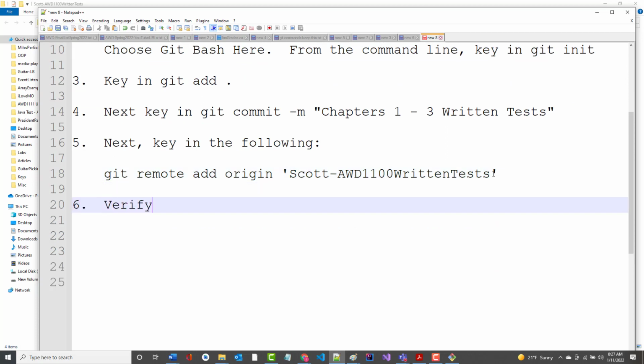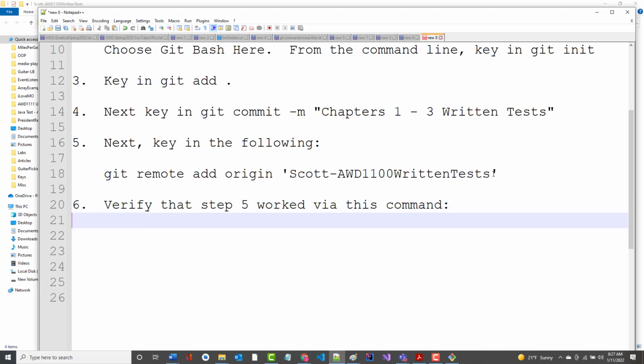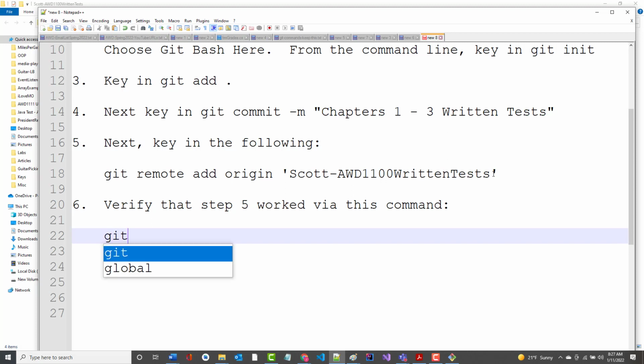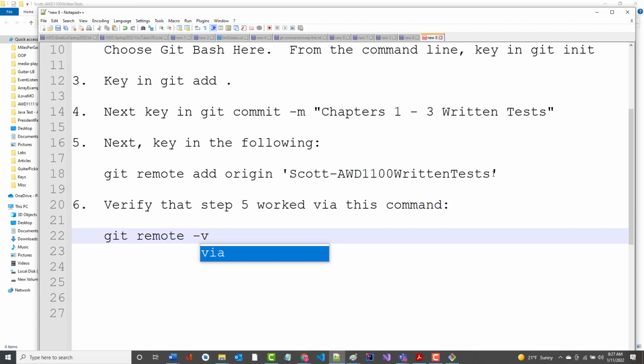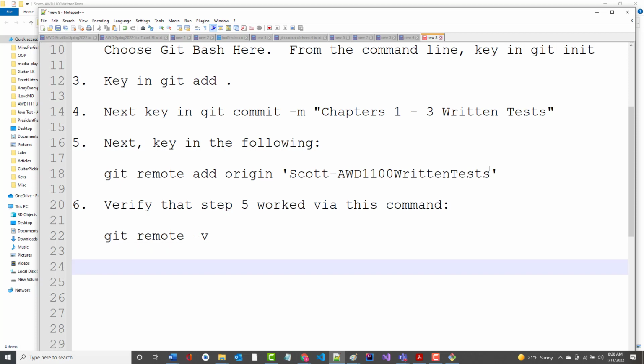So I verified that Step 5 worked via this command. And that was git space remote space -v. All right? So if you've done all that stuff, and I'm assuming that we've all done that now, then